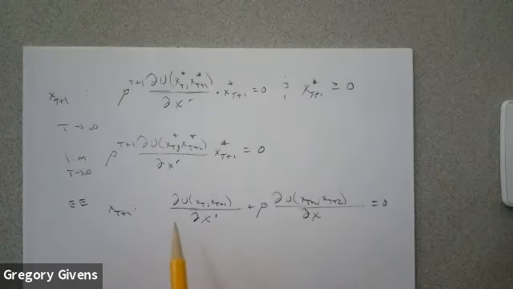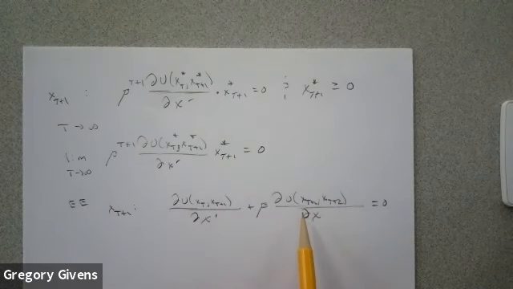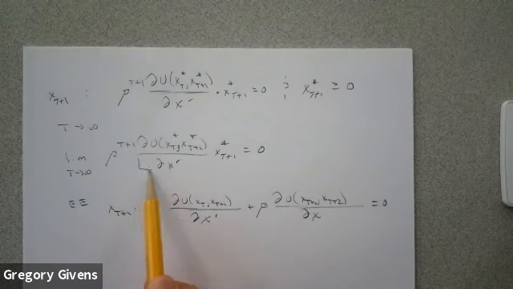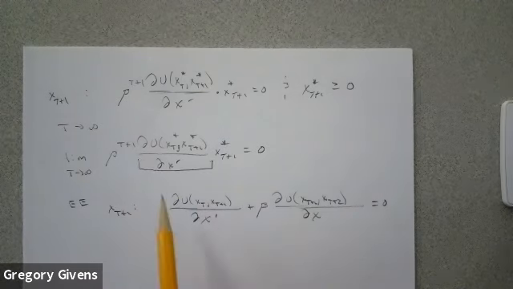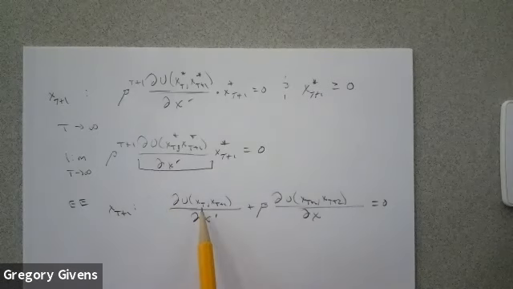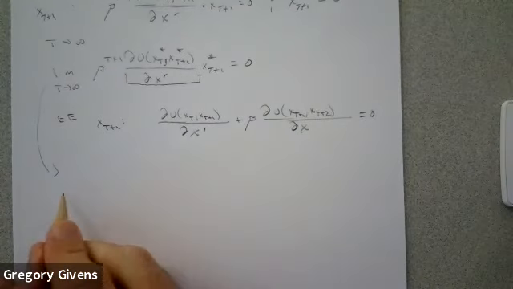Let me use this Euler equation that would prevail again if time went on longer to substitute this thing out of my limit expression. What's the partial of u(x_t, x_{t+1}) with respect to the second argument equal to? It should just be equal to negative beta times this one here, right? So this limit expression becomes the negative